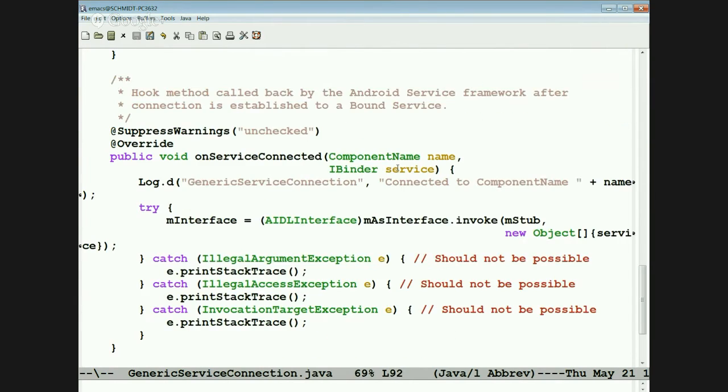And then we define the onServiceConnected and onServiceDisconnected methods. And check out what they do when they're called. When onServiceConnected is called, which is a callback method from the point of view of Android, it goes ahead